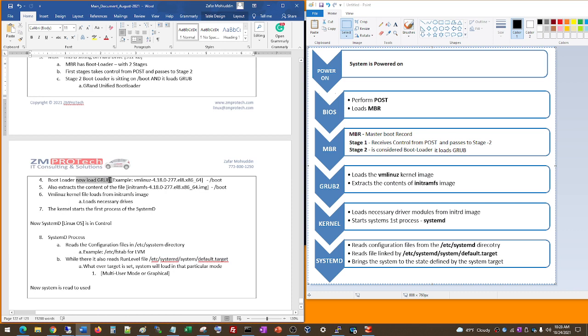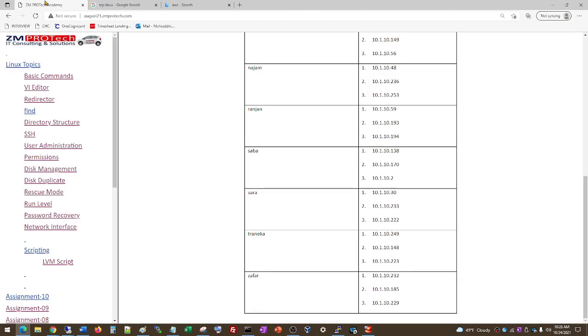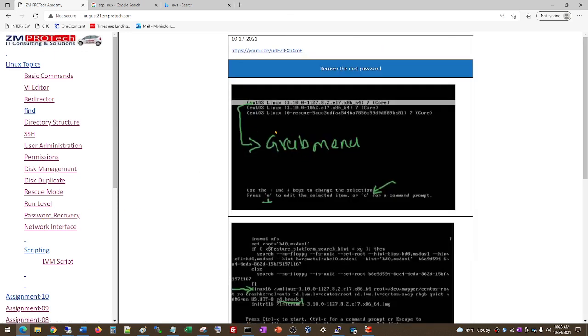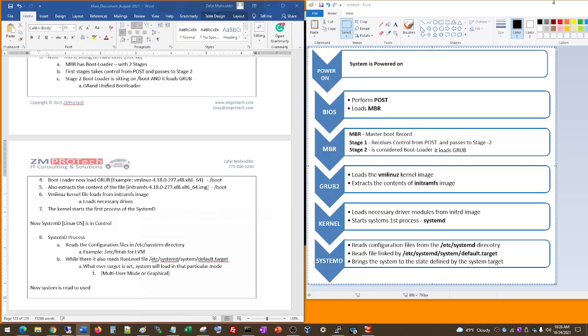and it loads GRUB. Okay, so what is GRUB? If you go back here to our password recovery, I told you this is a GRUB menu here. Earlier, 2 weeks ago, when you were getting a menu here, you got 1, 2, 3 options. I will talk about this when we do updates. But this is the latest one it has. So this is the working GRUB, and this is the image of the GRUB, and this is the backup. Okay, so